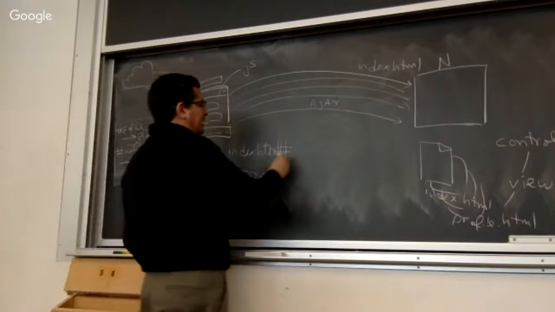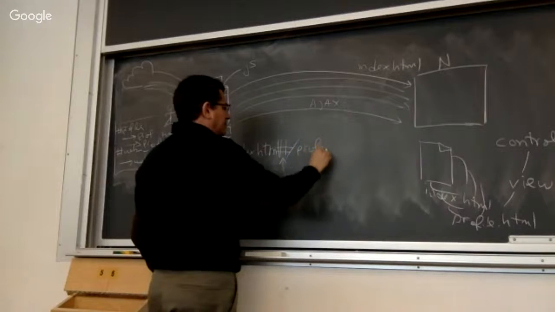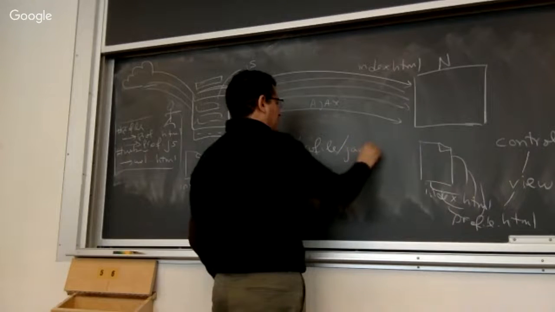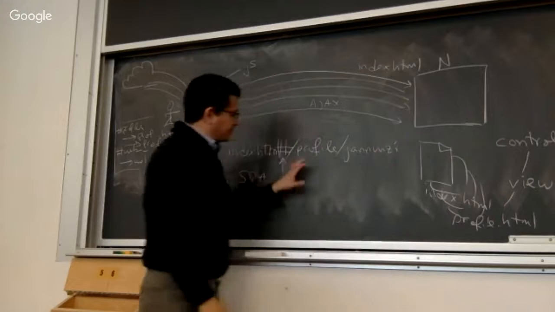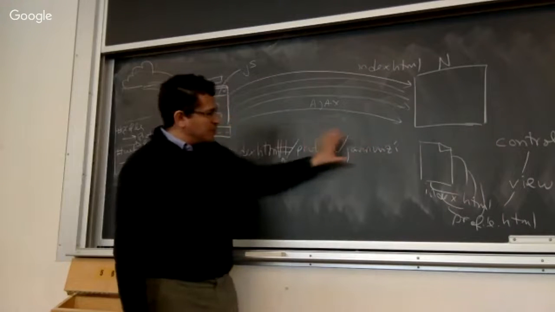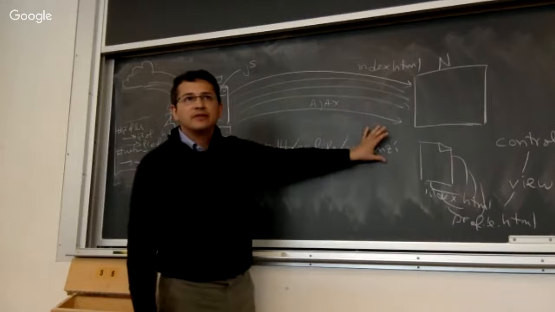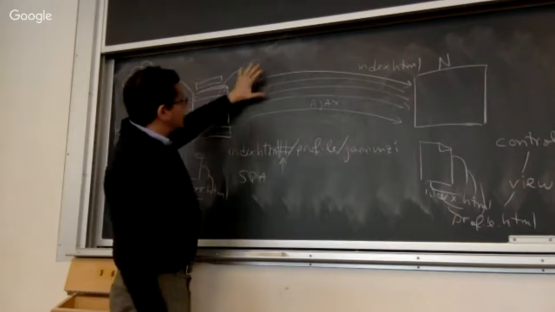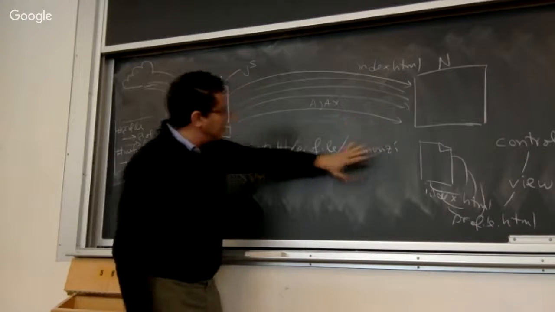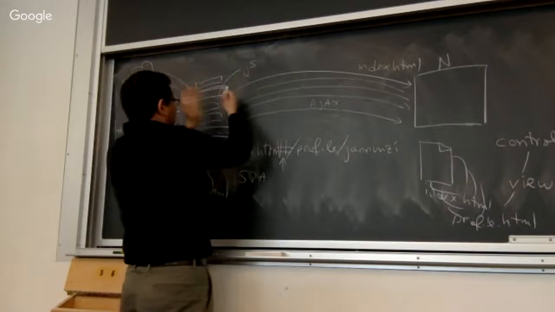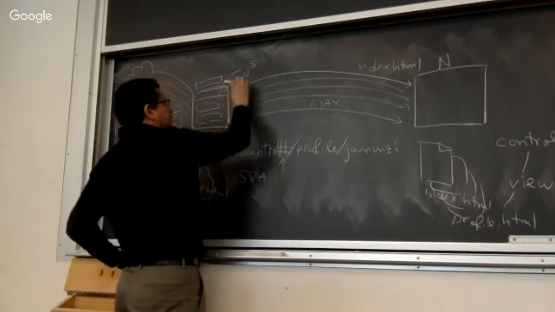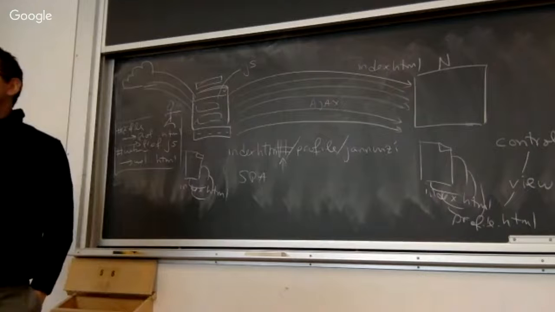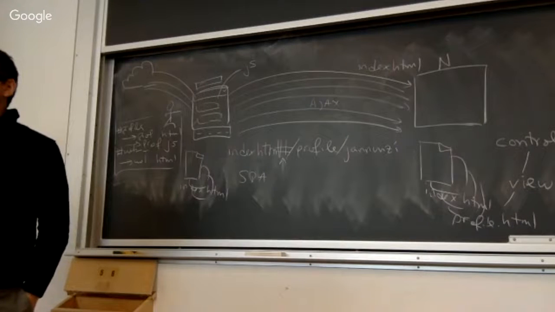Typically the URL will look something like, I'm going to the profile, and it's the profile of some user called Janunzi, meaning the name of the person whose profile I want will be part of the URL. So I could grab that username from the URL. The controller can grab this user from the URL, and now that it knows that you are the person whose profile we need, that controller can go back to the server and say, hey server, I have this username. I need the data for this username. I need the profile information for this username.